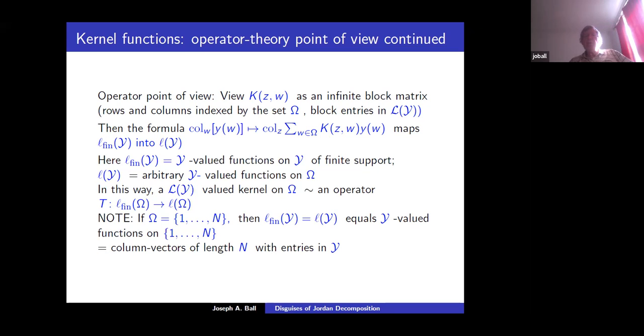So for every z, a value comes out, but the result could have non-zero entries for every z. So you have a well-defined operator from L finite to L over the set omega. And if the case is omega is just 1 to n, finitely many points, then L finite Y and L Y are the same, and these are our Y-valued functions, and this is just our matrix point of view for an operator. So next page,